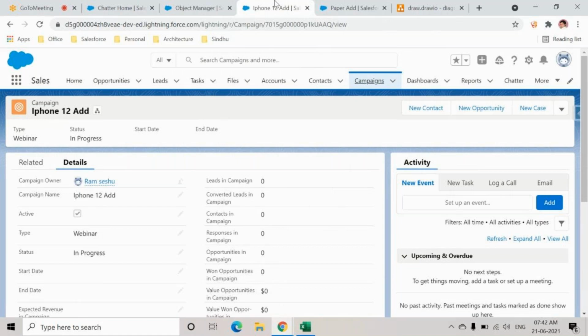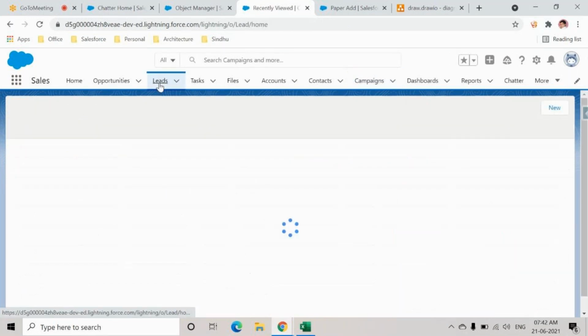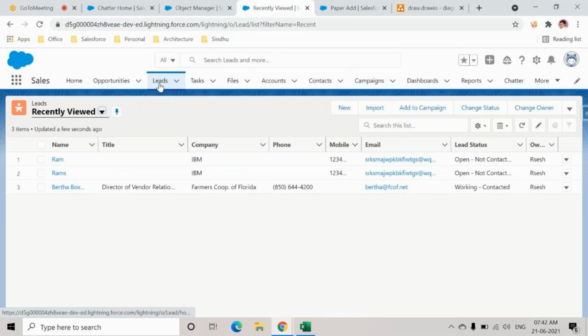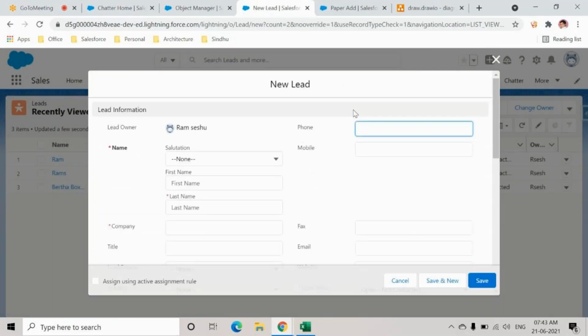Okay. Now let us say Sushmita has seen this ad somewhere, maybe on TV or wherever, based on the type of the campaign that I have done, and she came to know about my product. Now she wants to know more about the product, so she'll become my inquiry. To capture all these inquiry informations, Salesforce uses an object called leads. So in the lead tab, we'll start creating the inquiry records. I'll click on the new button here and I'll just give very basic information.